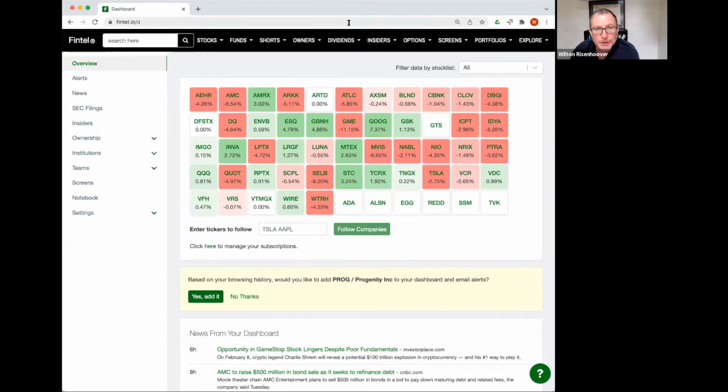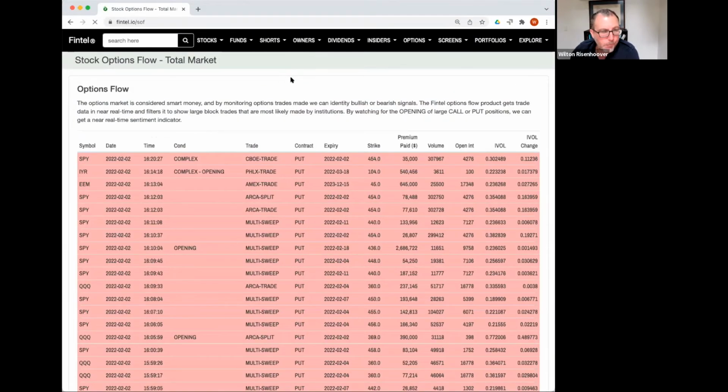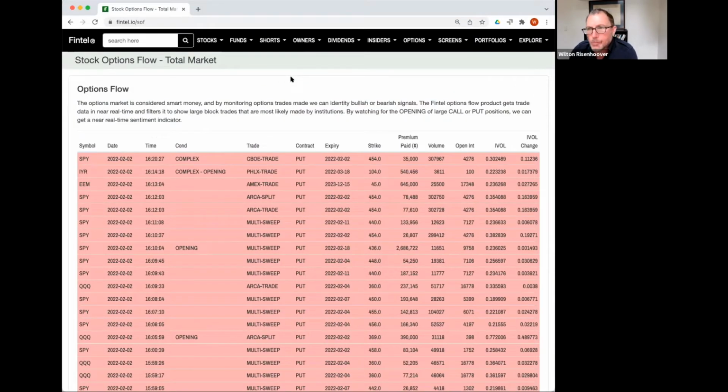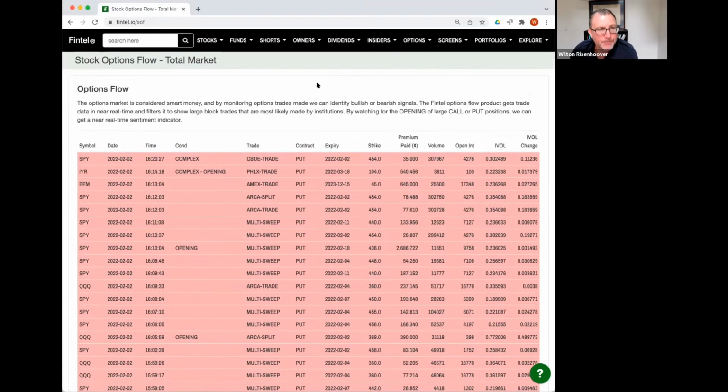Now, in terms of the new data that we provide, it's really around the options stuff. So I'm going to go over here and click on the options flow, the real-time feed. And basically, this shows us what's going on today. With this options flow, we have a relationship now with CBOE, the Chicago Board Options Exchange. And they're sending us